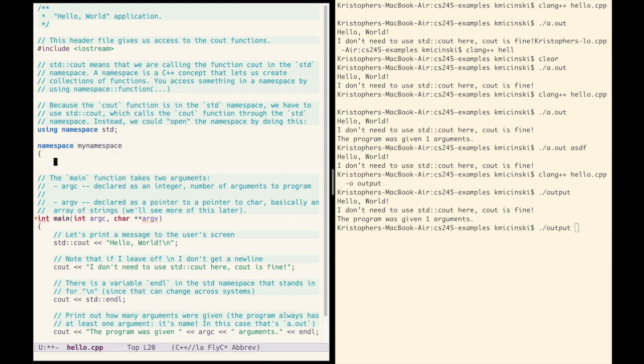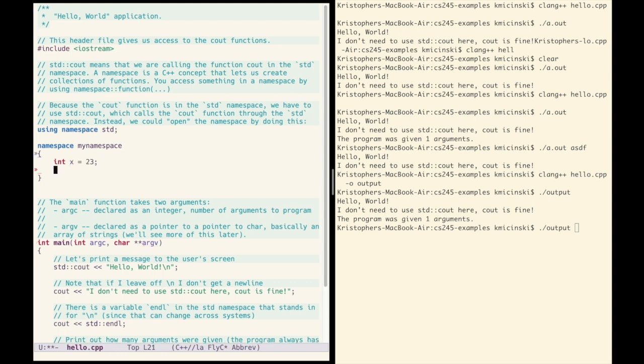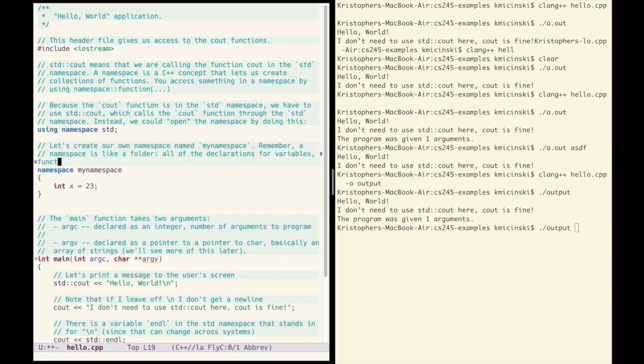All right, so now let's show an example of how we could create our own namespace. I'm going to type namespace and then the namespace's name, and then I'm going to put some variables inside of it. All right, and then this is where we're going to create our own namespace. Just like how the std namespace is defined as a standard library namespace, we can create our own namespaces. And then you would access variables in this namespace, just like how for cout you need to type std and then ::cout. Now to access s or x, in the main function you'll have to type mynamespace